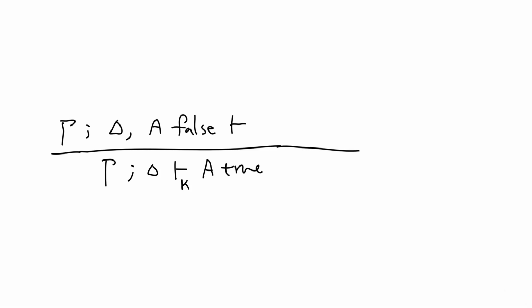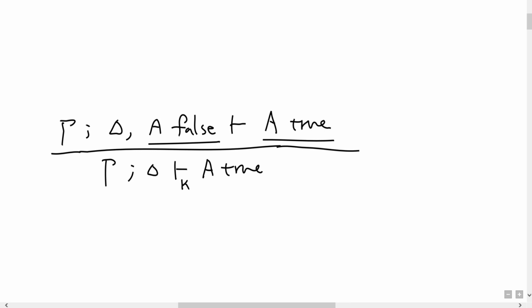And perhaps the simplest way to generate contradiction is by proving A true itself. In the presence of this assumption A false, the proof of A true directly produces a contradiction because A false and A true contradict each other. And you'd like to read this rule upward in a bottom-up way. So this rule is called